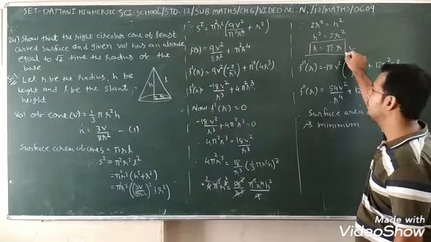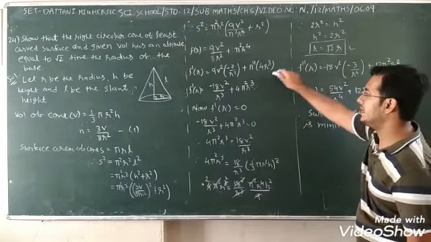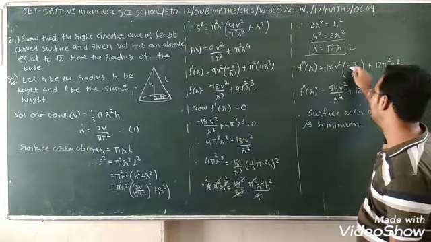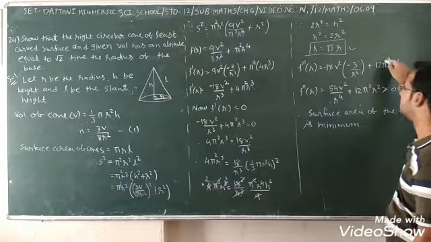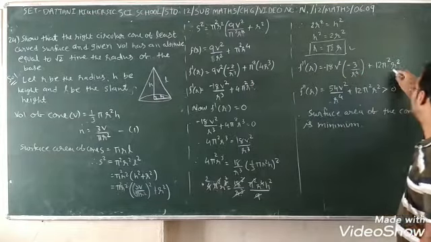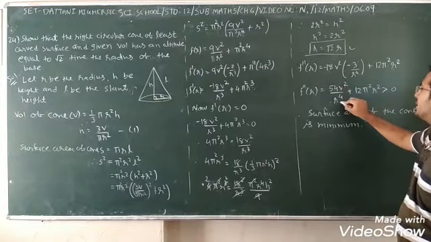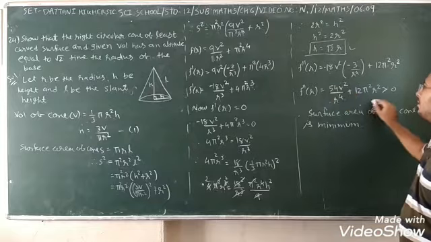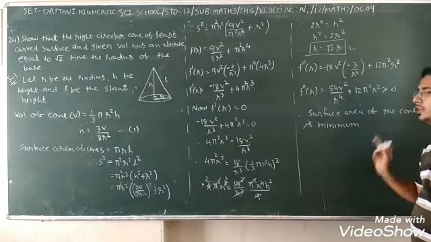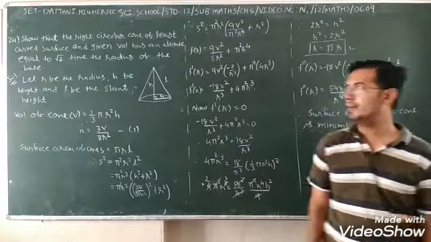First thing we prove. Now I want to prove that it is the minimum surface area. So second time derivative: minus 18V square as it is, 1 upon r cube means minus 3 upon r raised to 4, plus 3 comes down, 4 3s are 12 pi square r square, minus times minus plus, 18 3s are 54 V square upon r raised to 4. That is all, r positive. It means greater than 0. Therefore the surface area of the cone is minimum. Okay, here we prove it. Note it down, write it.